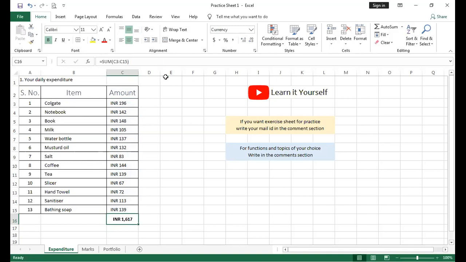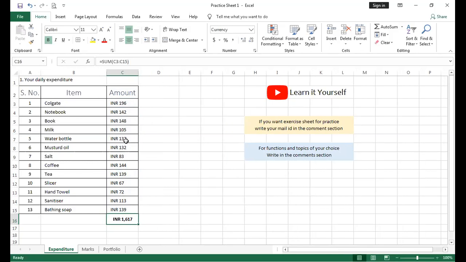Definitely you will be wondering why I am emphasizing automating this, right? The biggest advantage of using these functions is that they are dependent on these variables. This sum total, 1,617, is dependent on all these numbers. Let's say by mistake I typed 83 instead of 93. The moment I correct it to 93 rupees, the result has been updated from 1,617 to